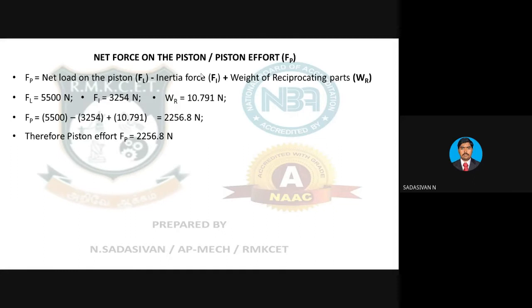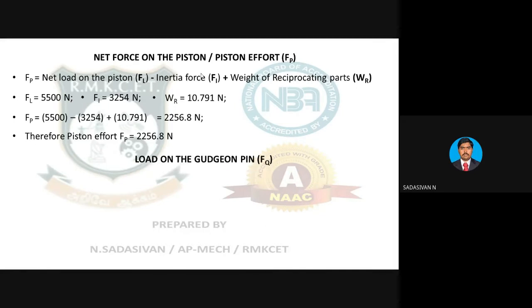Second is your gudgeon pin load. In this problem, you are going to take it as FQ because you already found FP. If the question says gudgeon pin load, either it should be taken as FP or FQ, so you read the question. If they are asking you to calculate gudgeon pin load and thrust on the connecting rod, thrust on the connecting rod is FQ, so they are not meaning FQ by the term gudgeon pin load; you can take it as FP. Otherwise, take it as FQ. Since in this problem they have asked piston load and gudgeon pin load, I am taking gudgeon pin load as FQ. One of the two you can choose depending on the question.